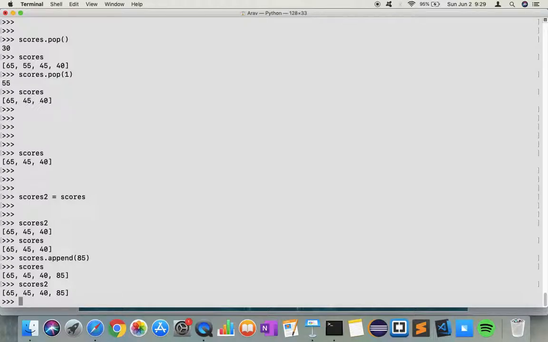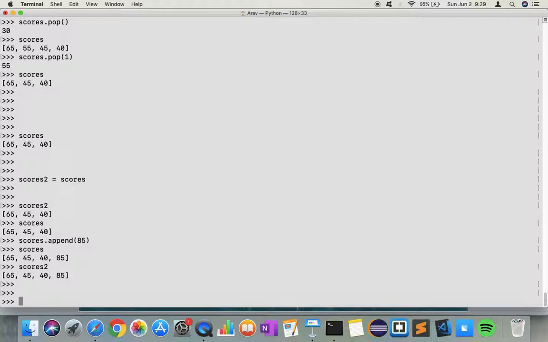This is what we call reference. So scores and scores2 are pointing to the same list in memory. So it's referencing the same. So this is not a true copy. So by just doing scores2 equals scores, we did not accomplish copying. To copy a list, which is to create a different list, a copy of the list, and have a variable point to that new list, you will do something like